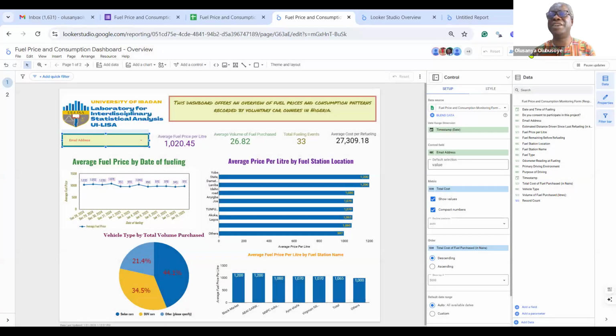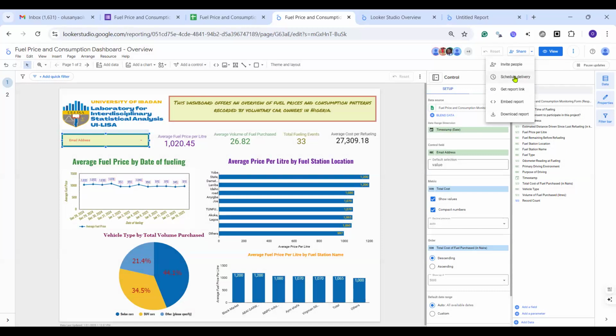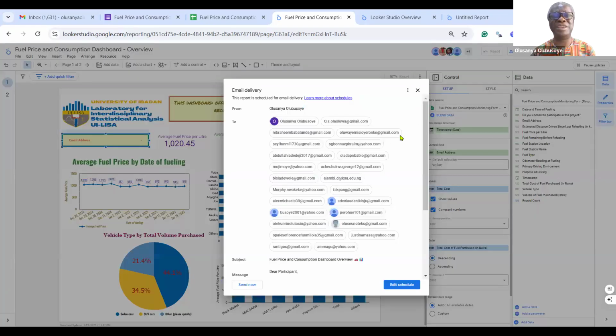Now, I can also schedule a regular delivery. Let's say that you are working and you need to deliver a report every Monday morning. You need to submit this report to your boss. You can schedule the delivery by going to this place. So these are the people who have joined this project.